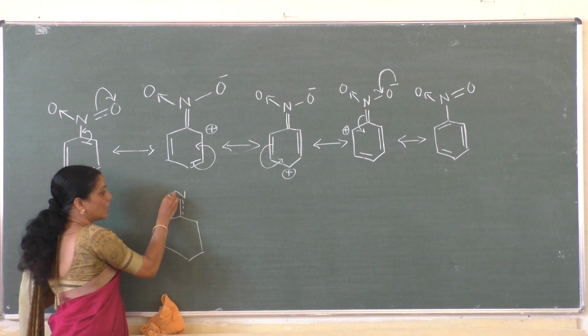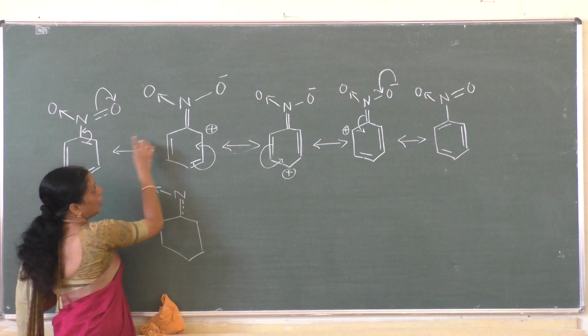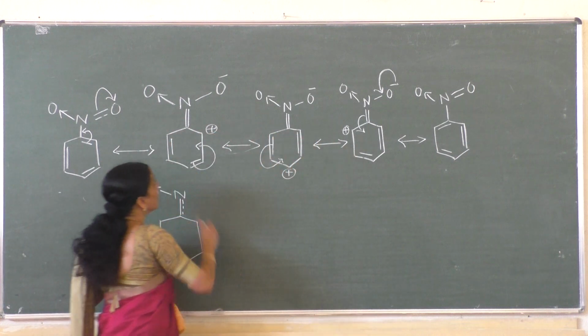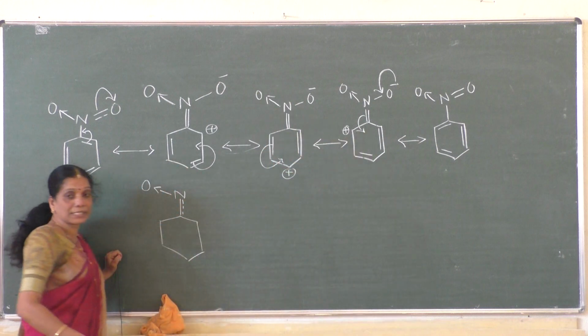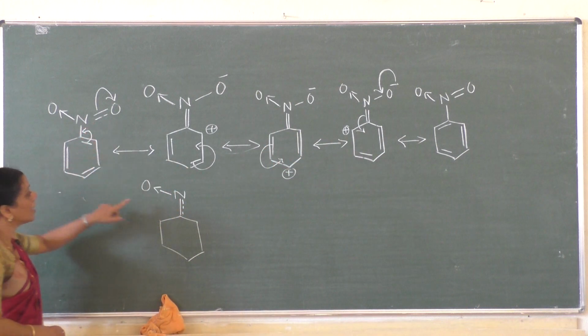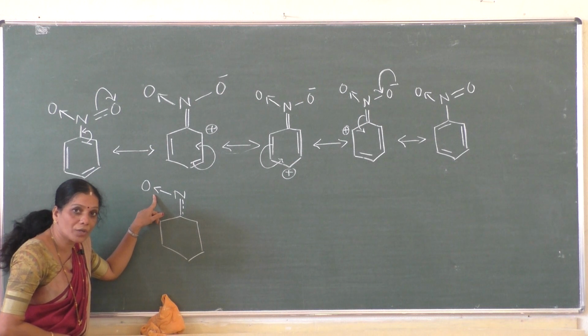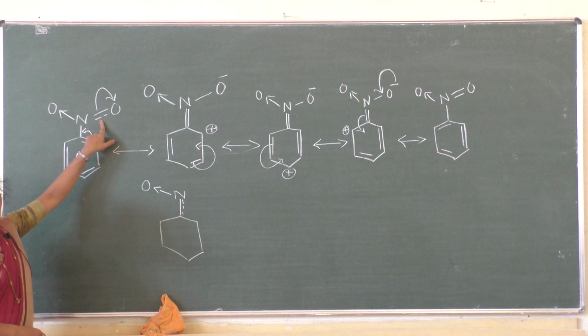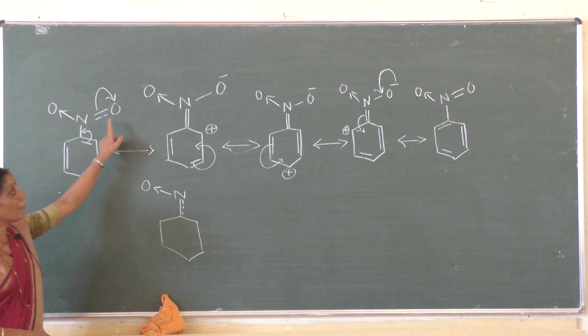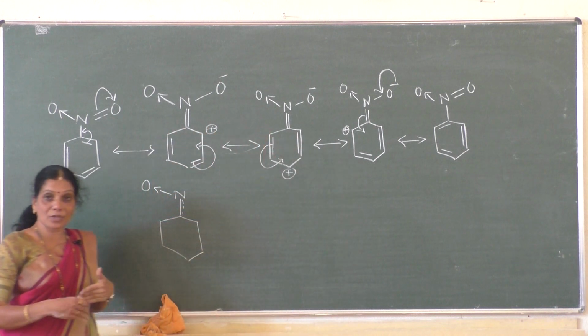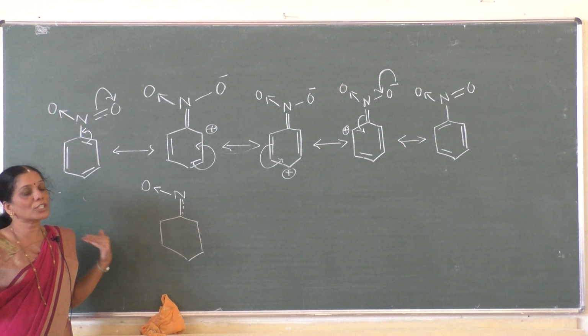On nitrogen we have written a coordination bond. In any of the resonance structures, if you consider, there is no shift of electrons in the coordination bond. We have not written any shift in the coordination bond. Let us write it as such. Here the bond between the nitrogen and one more oxygen is a double bond. But in other structures you can see it gets converted into a single bond. The double bond is not permanent.